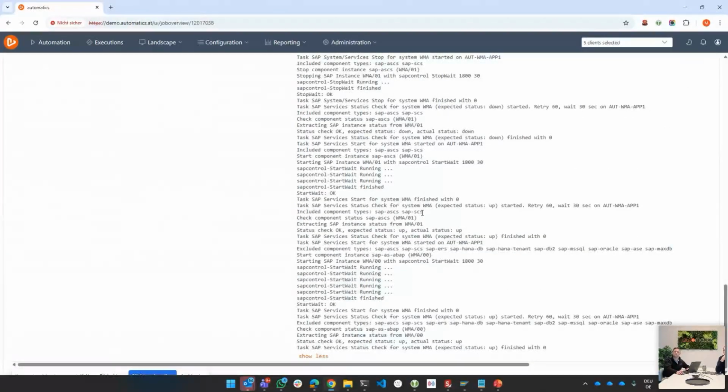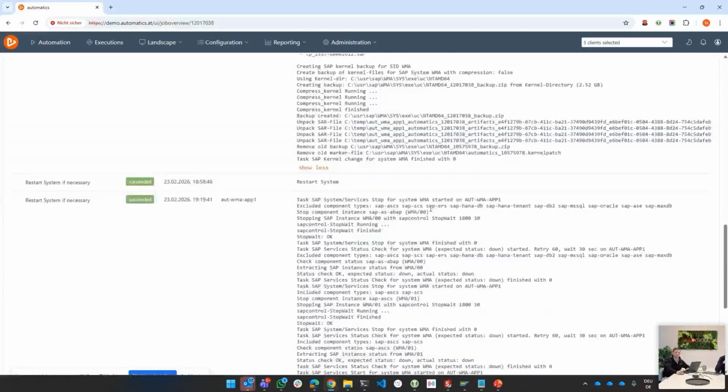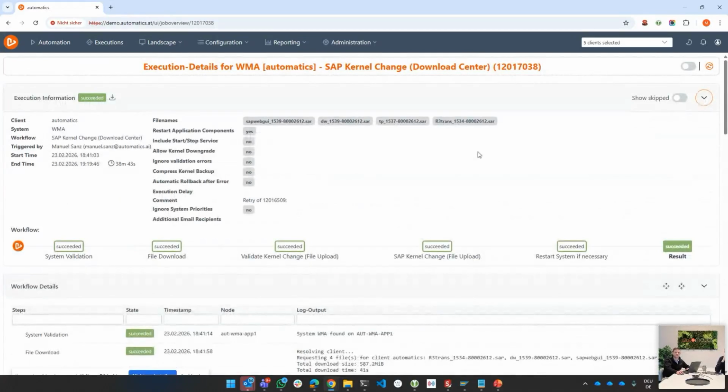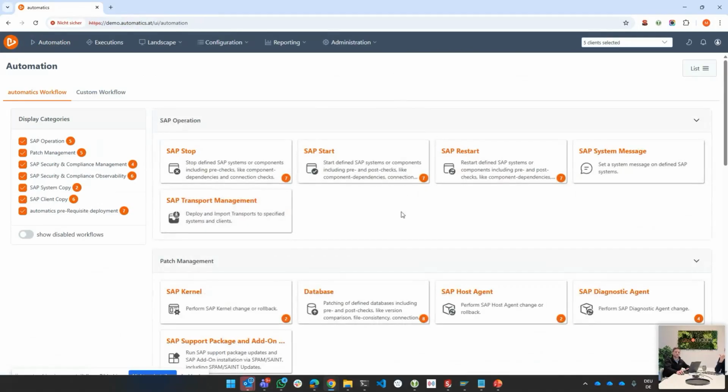And if you would like to split this process, for sure, if you have shorter maintenance windows, you can run this kernel change upfront without any impact to the running system and just make the restart in your maintenance window to keep the duration a bit shorter, so you can split it up. So this is one good example how easy it is to handle such patch processes. And Manuel will show you some insights about more